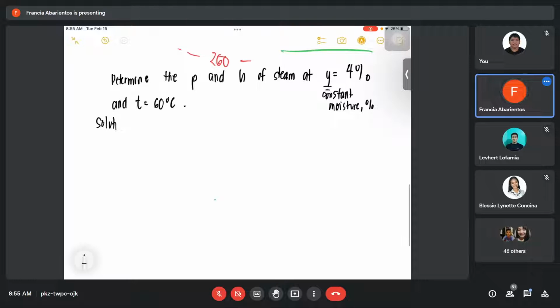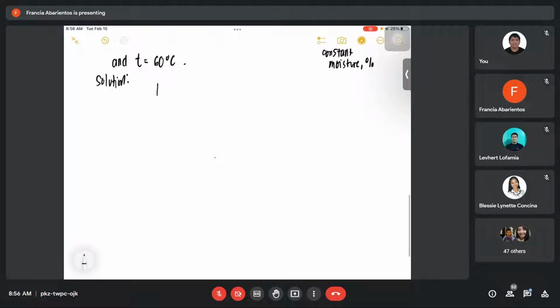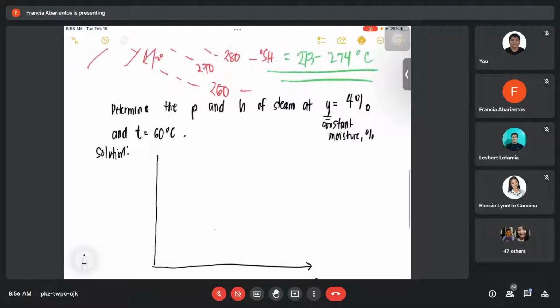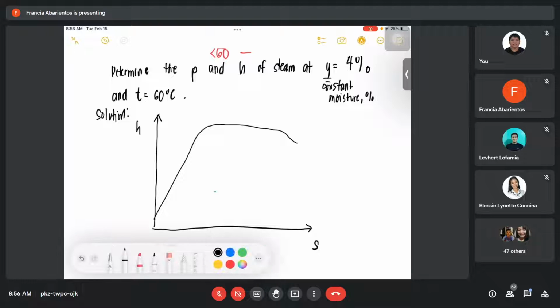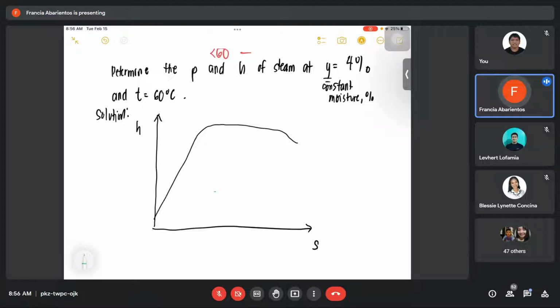Okay, in the solution, class, look at the lower half of your molar chart. Halve your molar chart, and at the bottom you will see the words constant moisture percent. Okay? Nakikita ba? Nakikita nyo, class? So, we will draw the molar chart. Okay, class, so in our molar chart we have the constant